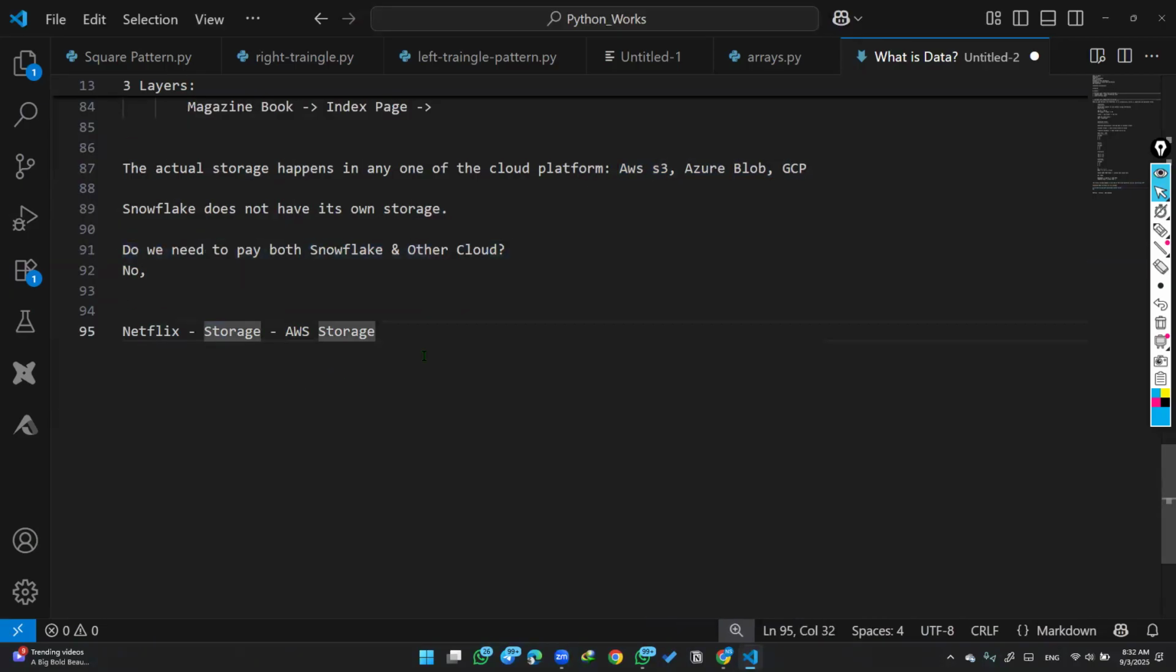Some people might get another doubt: is my data secure or not? I have given my data to Snowflake only, but Snowflake is going to put my data in other clouds, so is it secure or not? Yes, it is